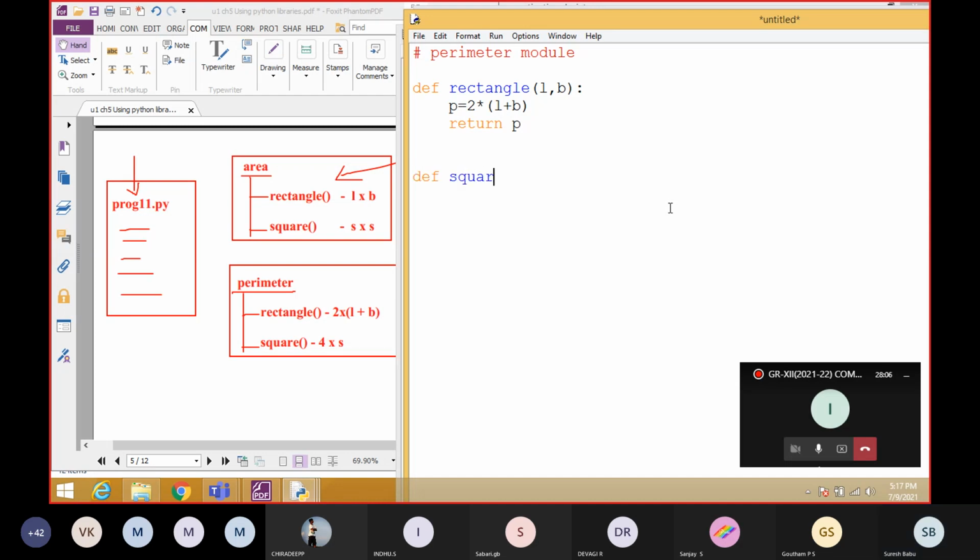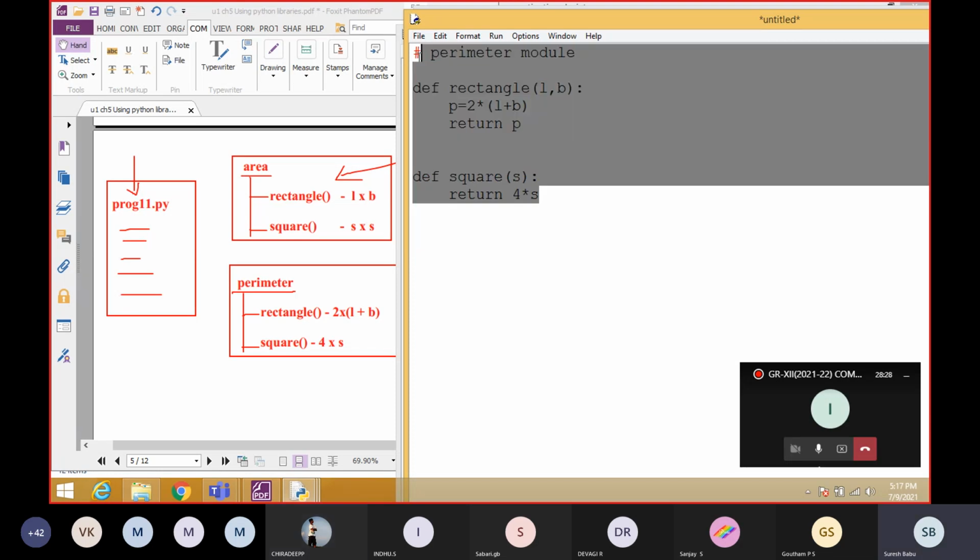Square. We have to give the side value. You can use any name, S or S1, these are formal parameters. What is the formula to calculate the perimeter of a square? 4 into S. Students, now we created this module also.